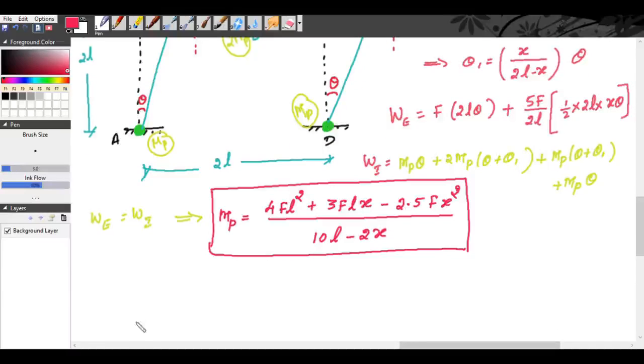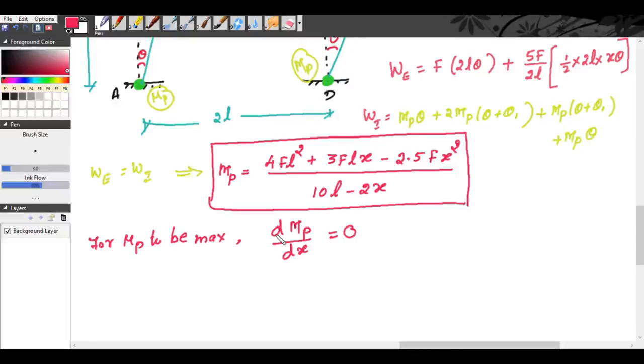So for finding the maximum bending moment, that is for this MP to be maximum, differentiate MP with respect to x. So dMP by dx is equal to 0. Now you can differentiate MP with respect to x. So what we get is,